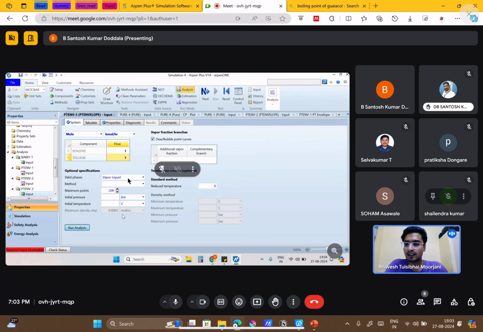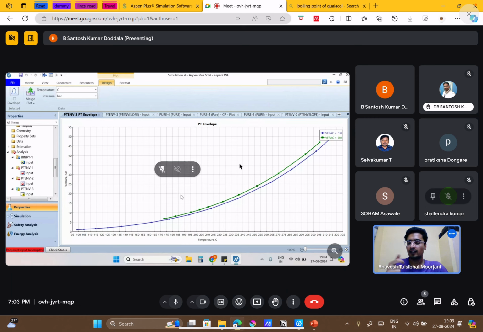In the method part you have 2-3 options that depend upon how the calculation has been done for this PT envelope calculation. We don't have to worry about it. So you can see for different pressure values, when we have this 1:1 ratio, these are the PT envelopes.